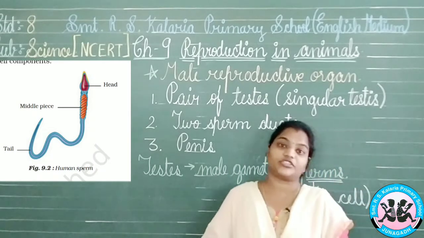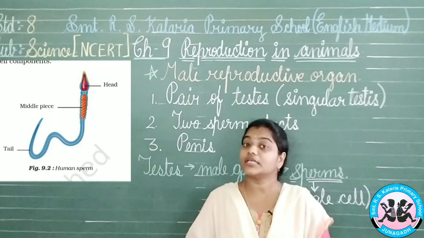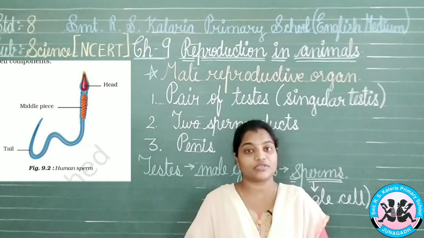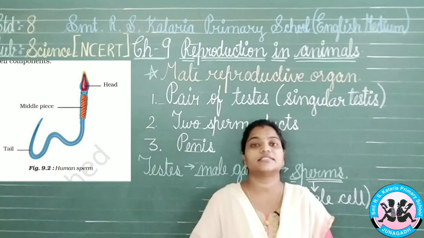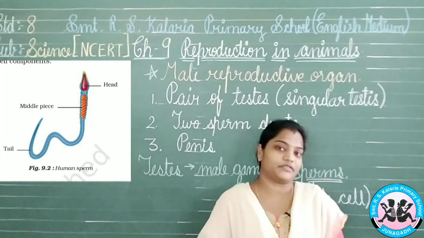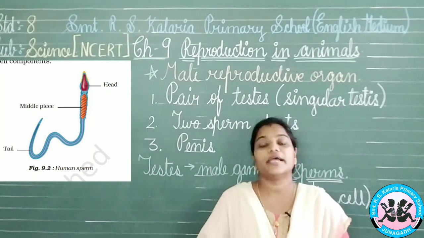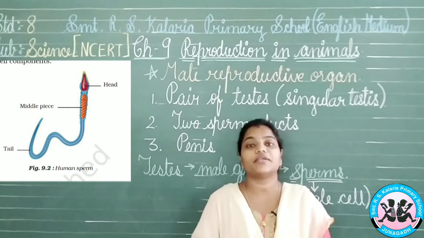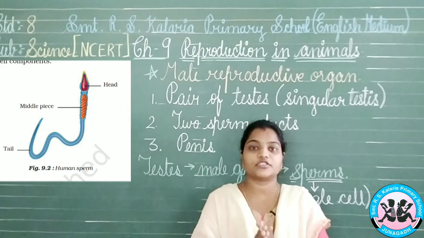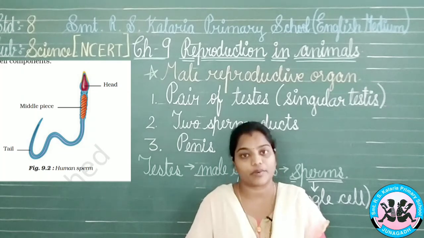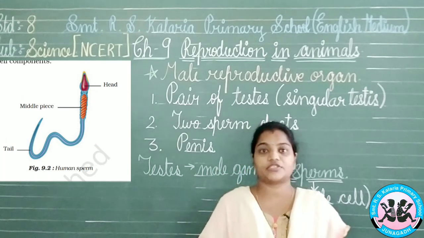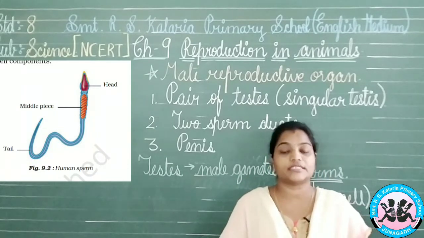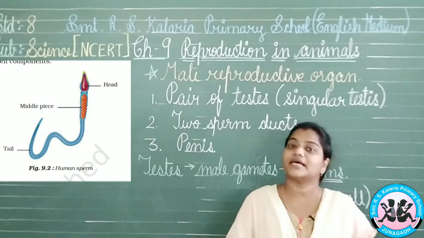Now, here is a question by Paheli: what is the requirement of the tail in the sperm? The answer is that it requires the tail for mobility. What is this mobility purpose? It requires to reach the egg or ovum. So, it will be moving through the female organs. It requires mobility to move from one part of the organ to the other. Thus, it has the tail at the end.